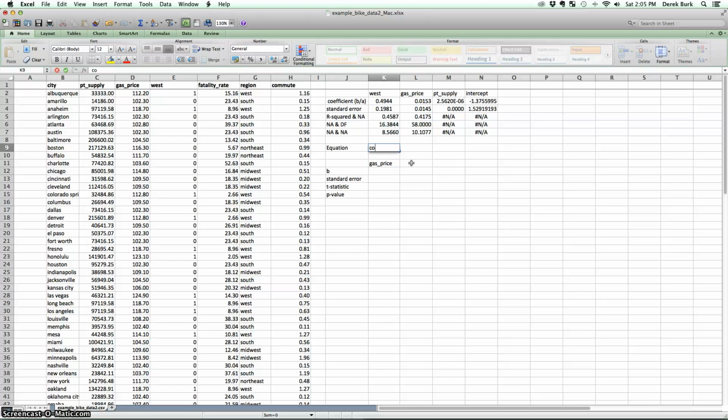My response variable is commute. I'm going to type commute equals, I'll type the intercept first, negative 1.38, plus now the coefficient for west, 0.49 times west, plus the coefficient for gas price, 0.02, rounding up, times gas price,